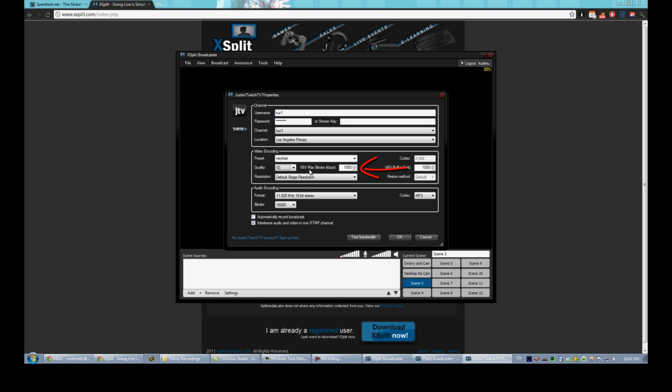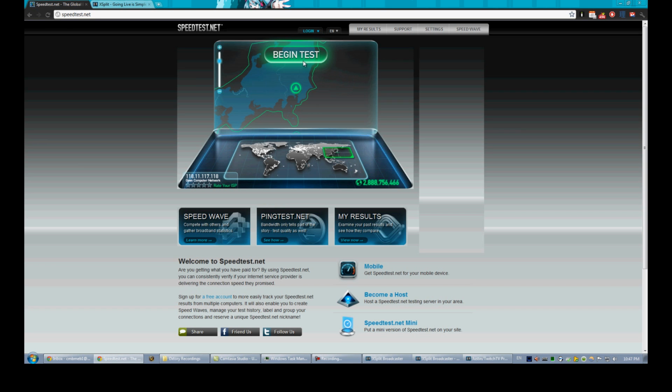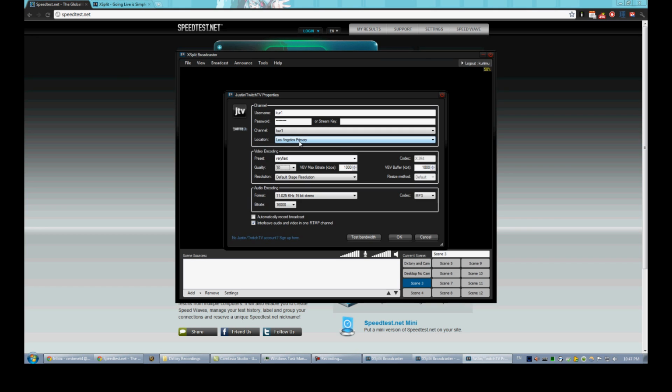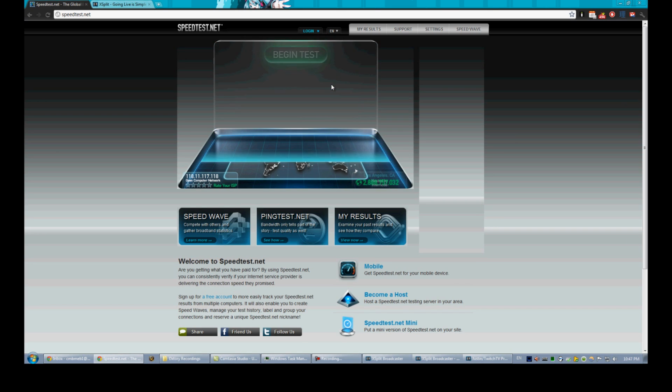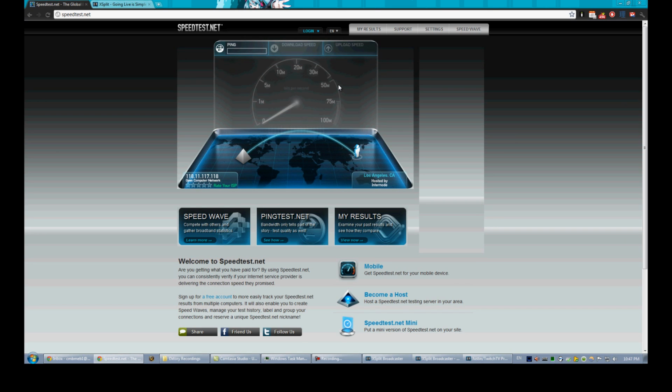Next, your VBV max bitrate. What is this? This is the bitrate you're actually streaming at. If you go to speedtest.net, you can figure out what this number is. First of all, you go to begin test, or if you don't live next to your server, you should actually choose your server. I'm choosing, like I said earlier, the Los Angeles primary server. So I want to find the Los Angeles speed test. Click that, do a quick speed test,